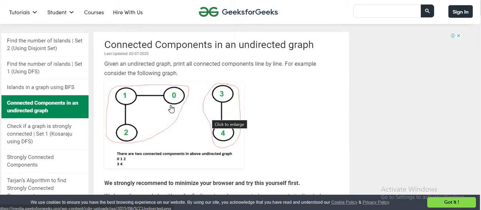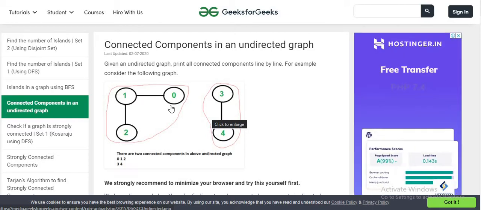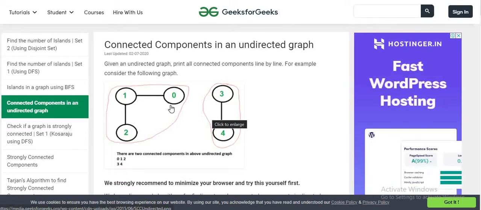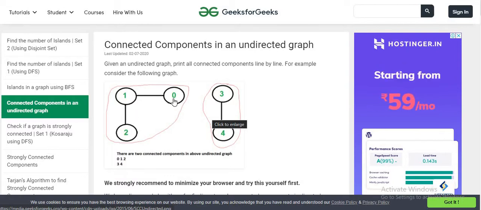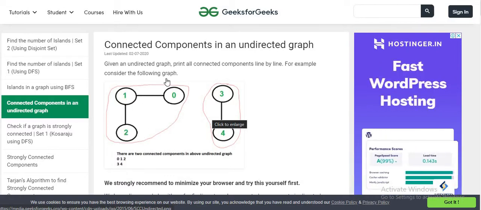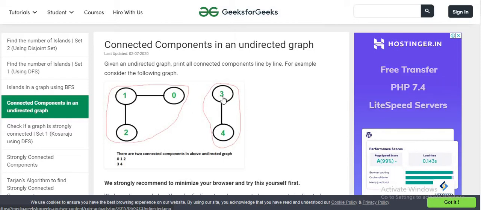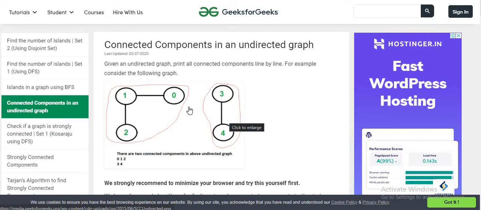Though both the graphs are different, let me see it in this way. You can see 0 to 1, 1 to 2, this is one connected graph, and another is 3 to 4, this is another connected graph.